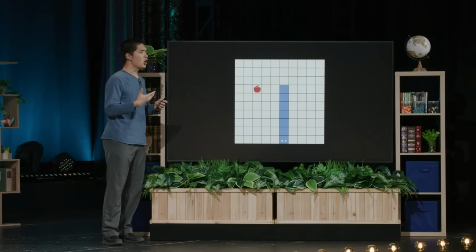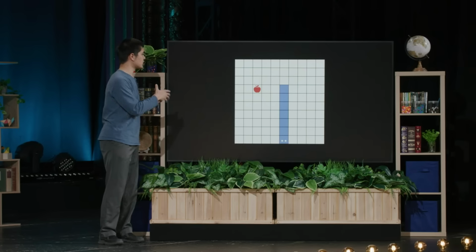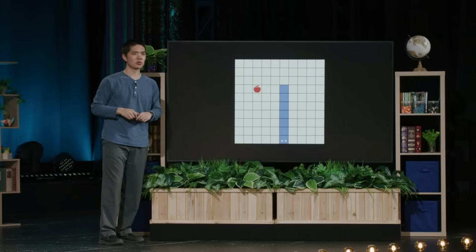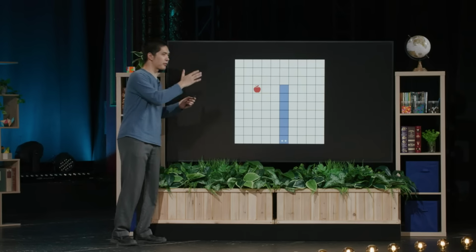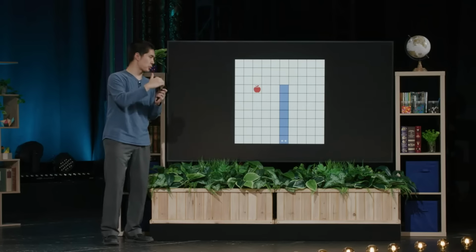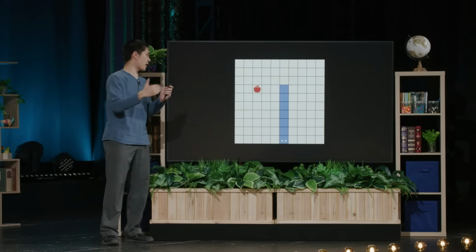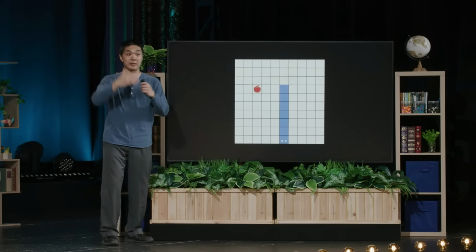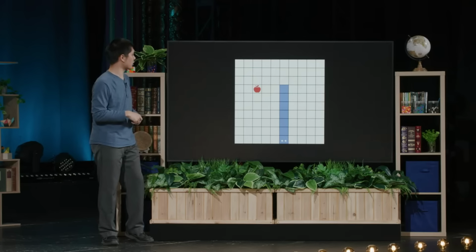And you could imagine, what would it take to get a computer to be able to play this game well? Well, it's going to need some notion of where the food is. You want the snake to navigate towards the food while being careful not to crash into the wall, being careful not to crash into itself as the snake starts to get longer too.